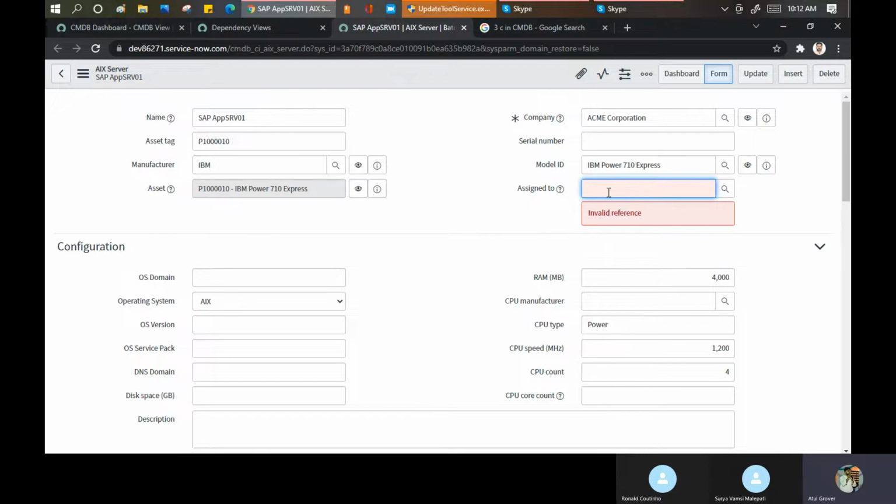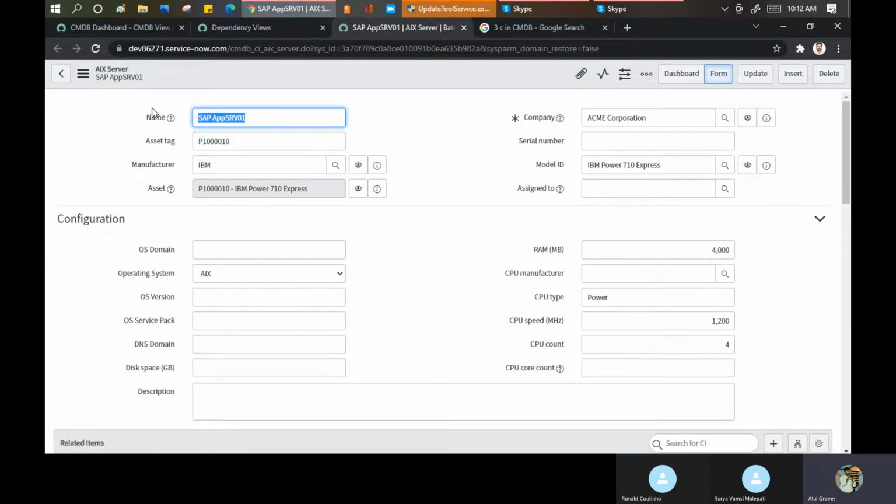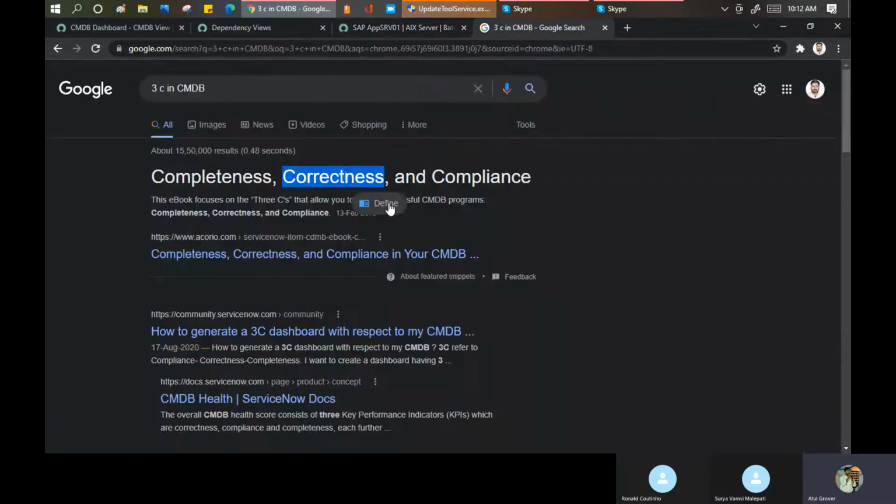Ronald is working in that company. Ronald moved out from that company. It's more than 1 year now. After 1 year, someone raised a change on this CI and it triggered an approval to Ronald's name. Where is the correctness? These things need to be correct: that it is assigned to the right group or not. Does this have the right RAM or not? Does this have the right CPU speed or not? CPU count is another. This is the term we use in correctness specifically.